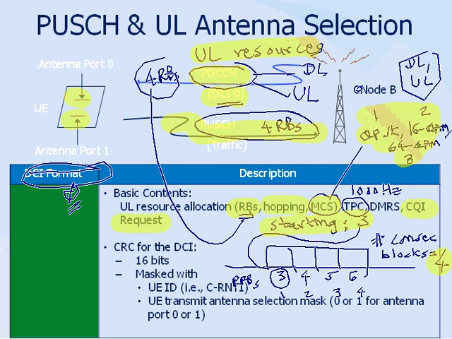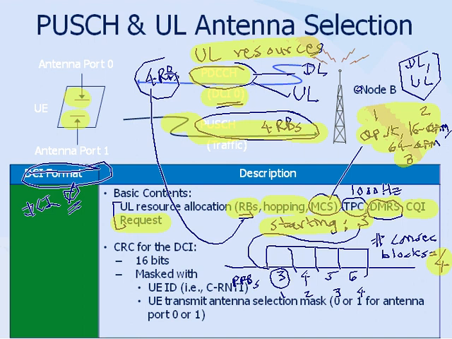and CQI can be requested also. DMRS is the demodulation reference signal. So basically when the UE is sending out the reference signal along with the uplink shared channel, uplink control channel, what kind of bit pattern it should use on the reference signal, that is controlled by this parameter, demodulation reference signal. Okay, so we have constructed this DCI 0 message,